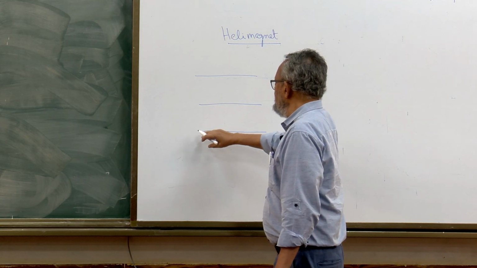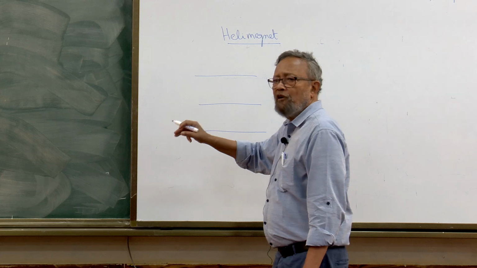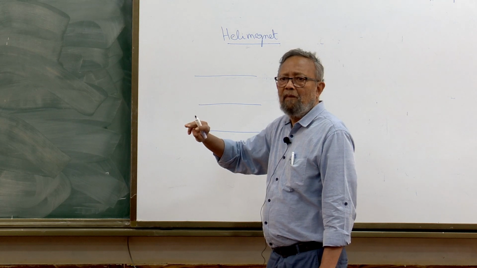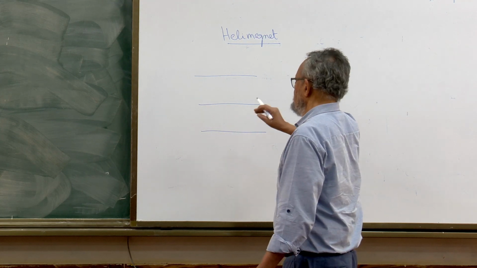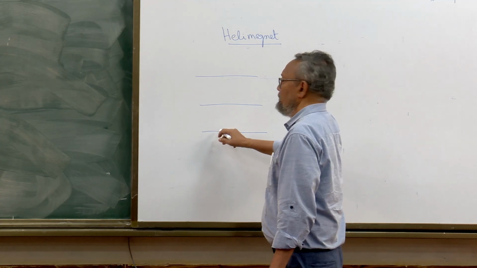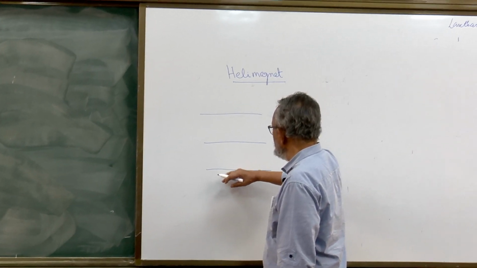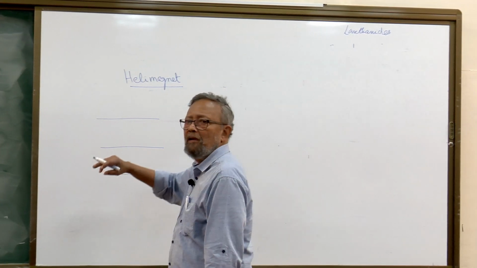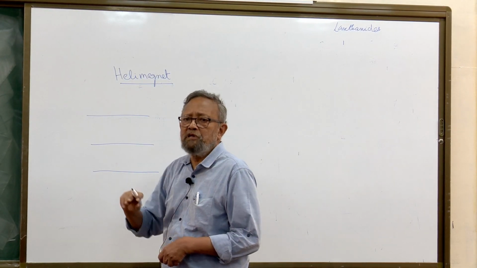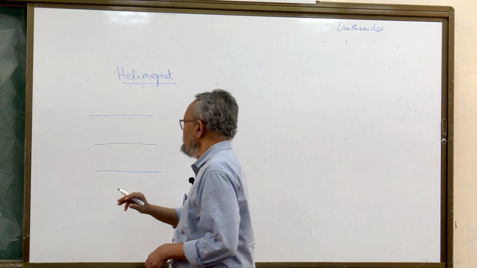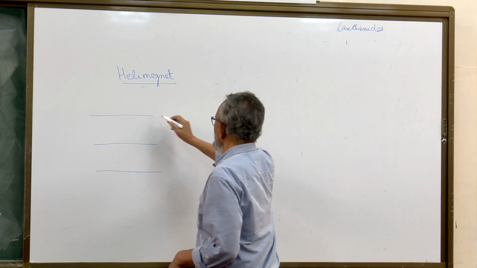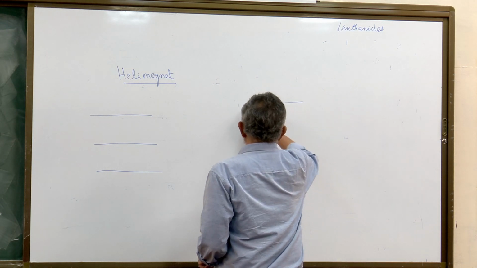And on each plane, the spins are coupled ferromagnetically. Okay? So, roughly speaking, we say that there is a magnetization in each of these layers. And then the question is how this magnetization in the different layers looks relative to each other. The helimagnet is something where, if I look at this layer itself,